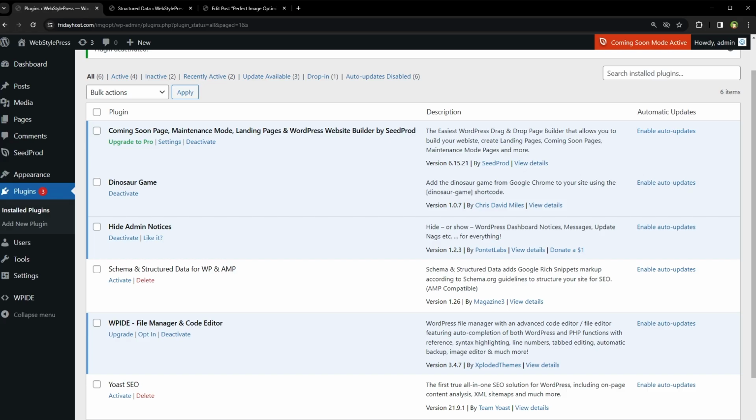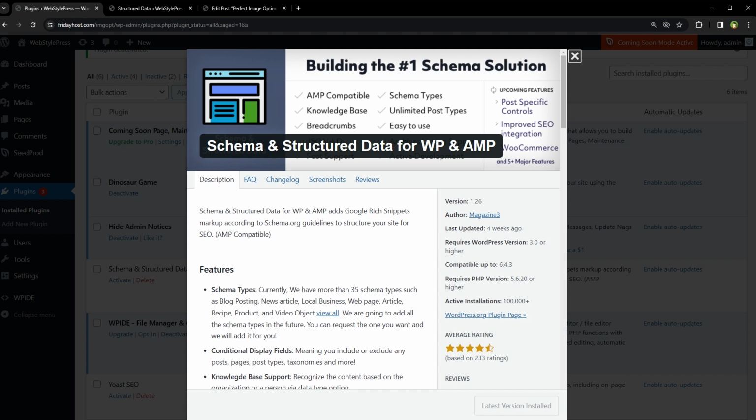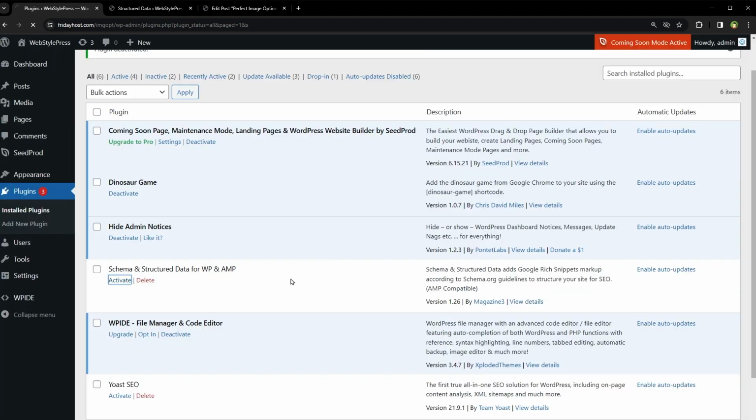If you use WordPress, it's fairly easy to assign a data category to a page. Schema and structured data for WP and AMP plugin allows you to do it. I have created a detailed video on it already. I will show you plugin features briefly here. After activating this plugin,